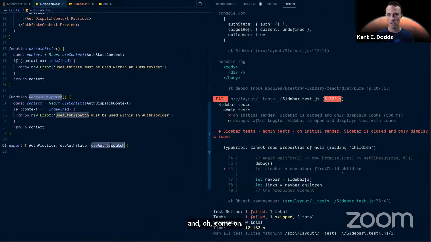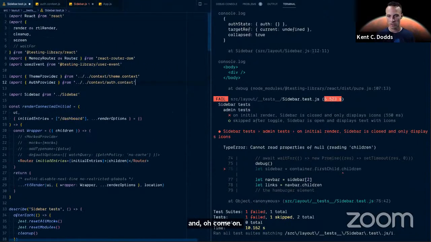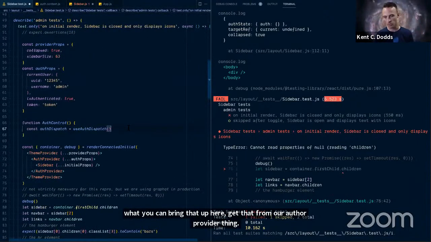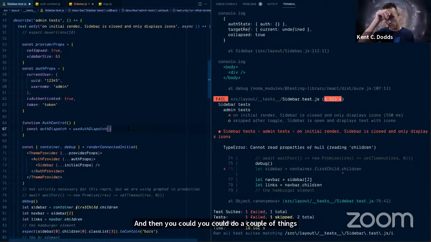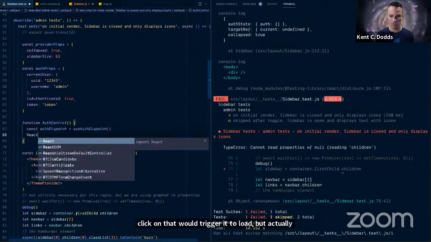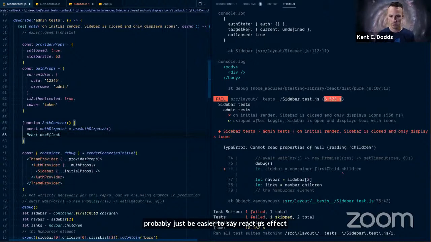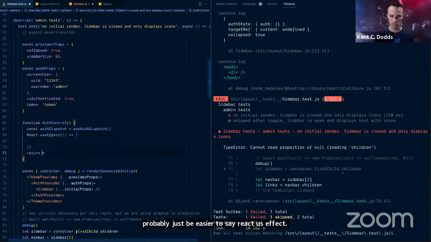Yeah, that's what it's called. Bring that up here, get that from our auth provider. And then you could do a couple of things with this. You could render a button that you could then click on that would trigger it to load, but it'd actually probably just be easier to say React.useEffect. You have to return something, so we'll just return null.